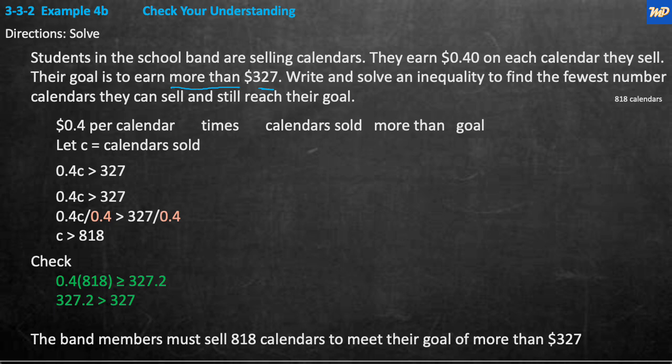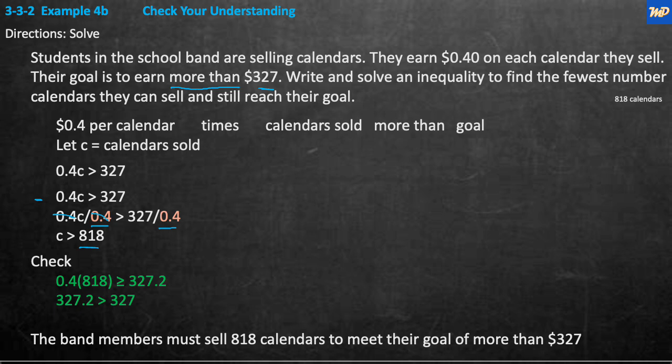That's writing the inequality out right here. So we're going to undo the multiplication of the 0.4 times the C. In doing that, we're going to divide each side by 0.4. And when we do that, the 0.4s cancel on the left-hand side, and you get 327 divided by 0.4. And when you do that, you get C is greater than